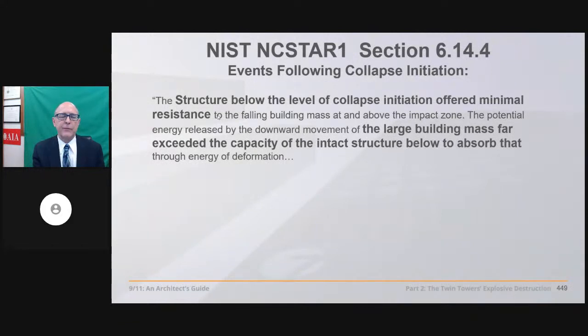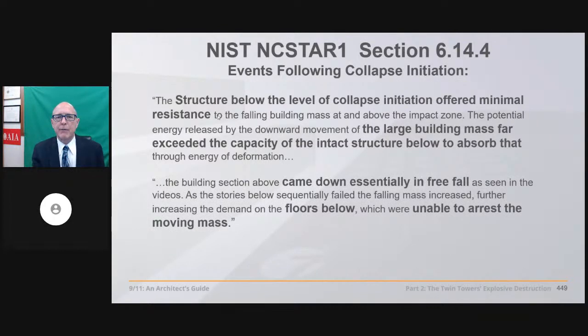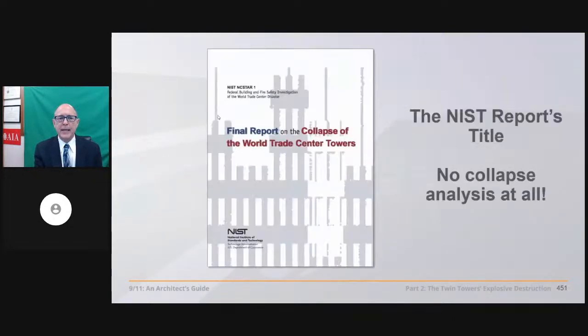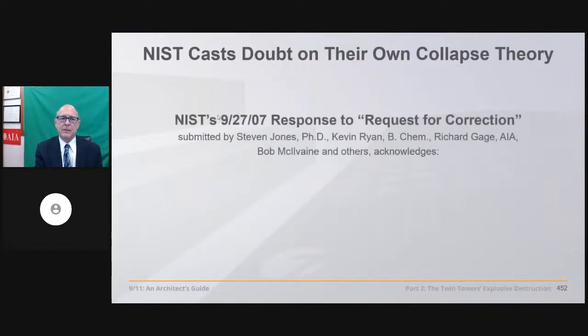The large building mass far exceeded the capacity of the intact structure below. Came down essentially in freefall. This is pure speculation. There's no analysis, no calculations. It's a pre-collapse report. Should have been titled the NIST report, a final report on the initiation of collapse.